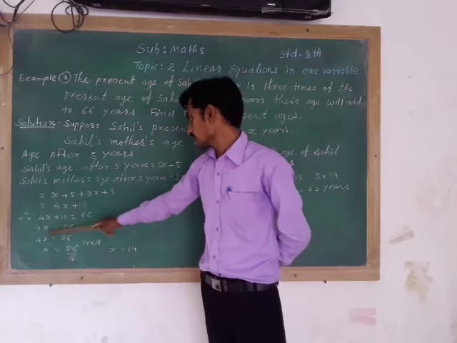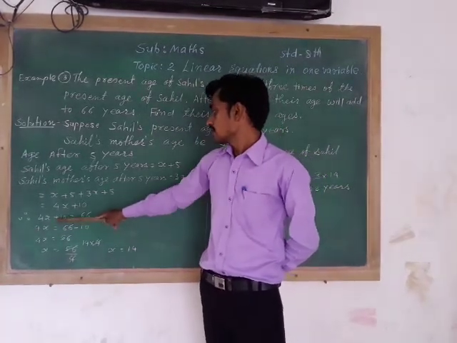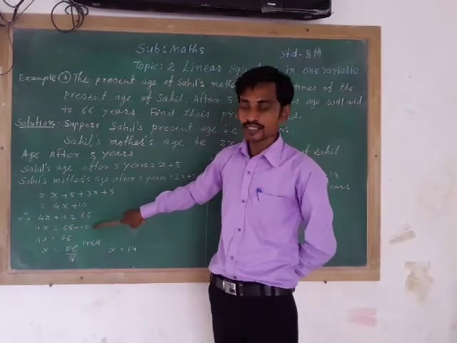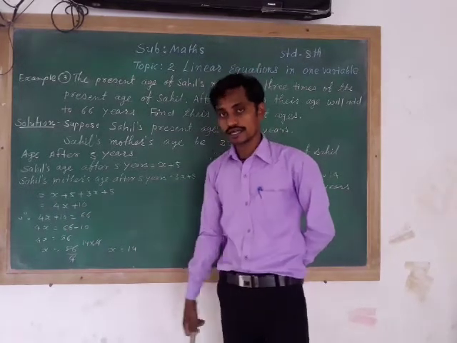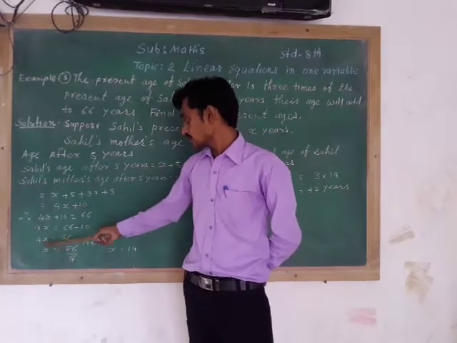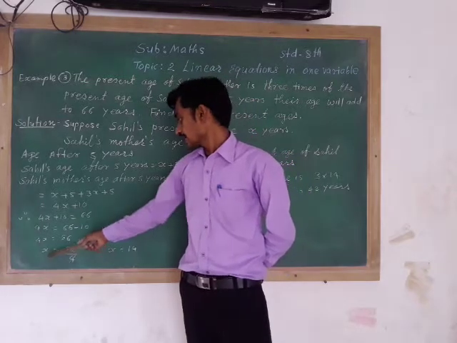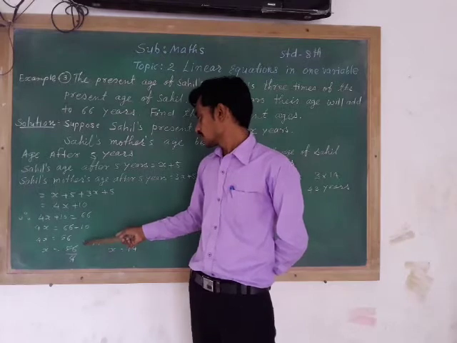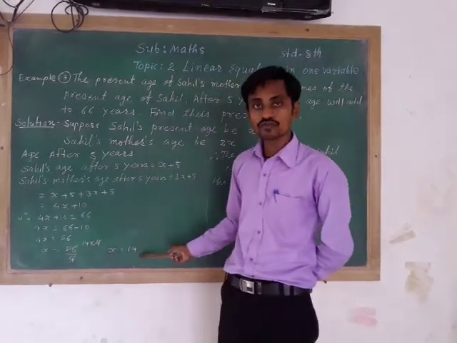Okay. So 4x, 66 minus 10. If the left hand side goes to the right hand side, the plus sign will be changed to minus here. So 66 minus 10. Okay. 4x is equal to 56. Now we take the 4 to the RHS. So x is equal to 56 by 4. So 14. 4 fours are 16, but how much is remaining? 14. x is equal to 14.